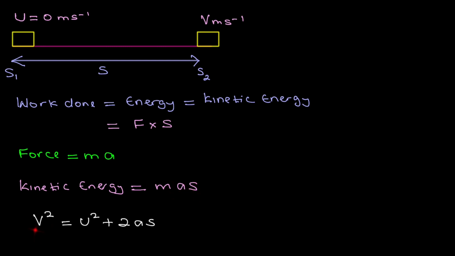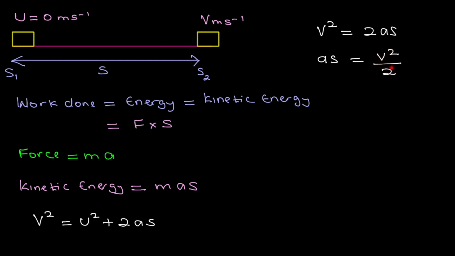traveled. We also know from SUVAT, the equation of motion, that v squared, the final velocity, and u is the initial velocity, v squared equals u squared plus 2as. But we know that u is equal to 0, therefore v squared equals 2as plus 0, and we can make as the subject. as equals v squared over 2, and I'm going to replace the as here with